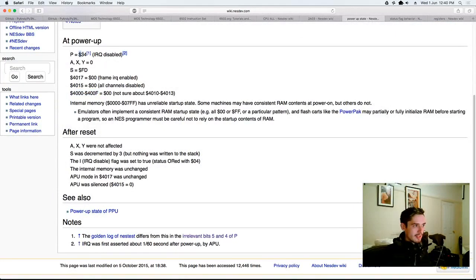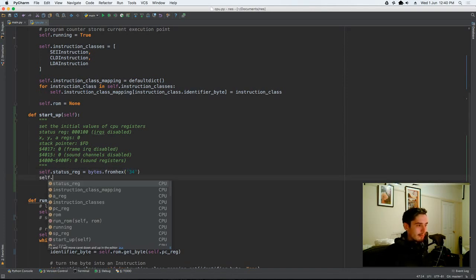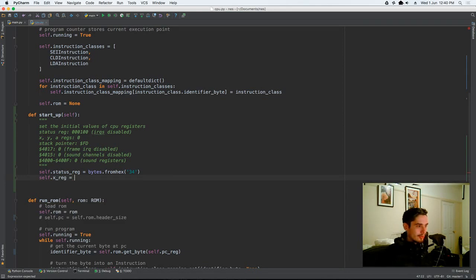Alright, power up state is actually set to 3.4, so I might just do it that way. And say the hex value of this thing is going to be 34. Cool. Self.x is going to equal